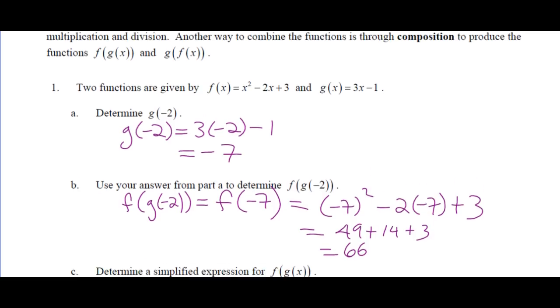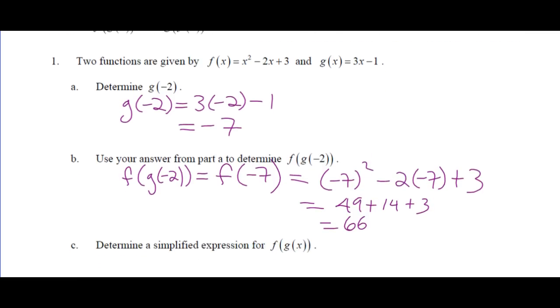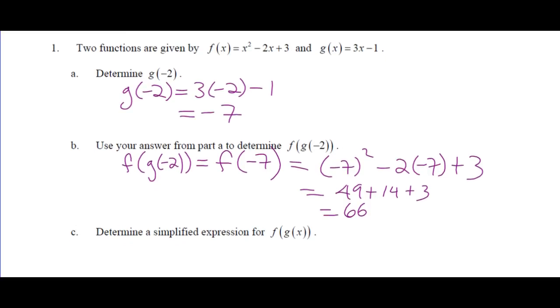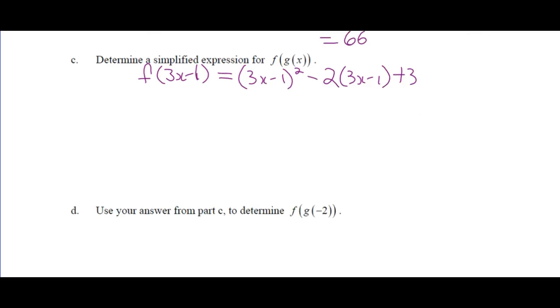All right, what do we got? F of g of x. So what's g of x? 3x minus 1. So what's f of g of x? We're going to do f of 3x minus 1. Now what does f tell us to do? What do I do with this 3x minus 1? Well, I'm going to square it. The function f says take whatever's in here, square it, go minus 2 times it, and then add 3. So f of g of x is simply f of 3x minus 1. The function f tells us square the input, subtract 2 times the input. Okay, so we get